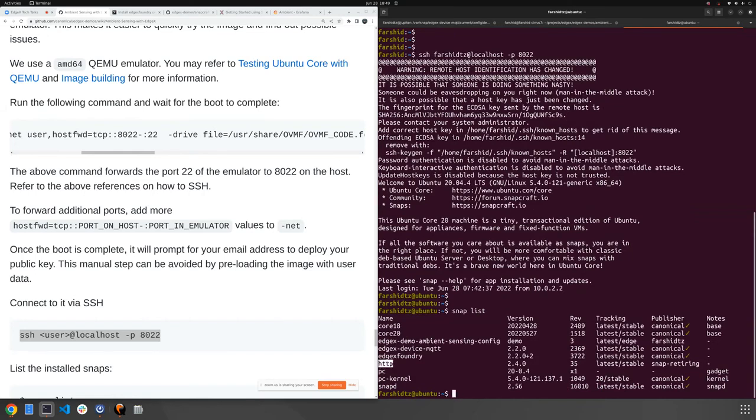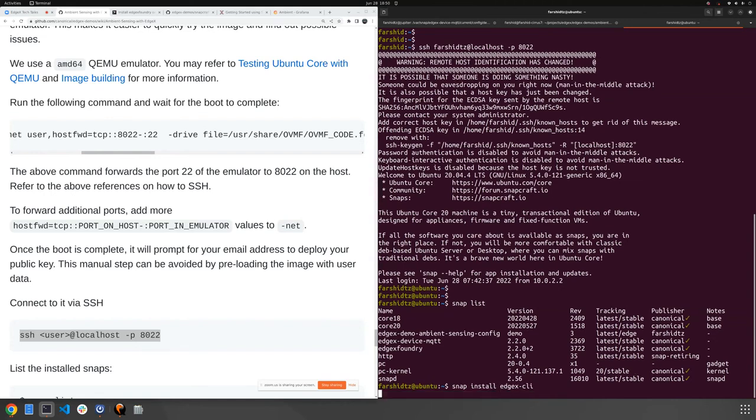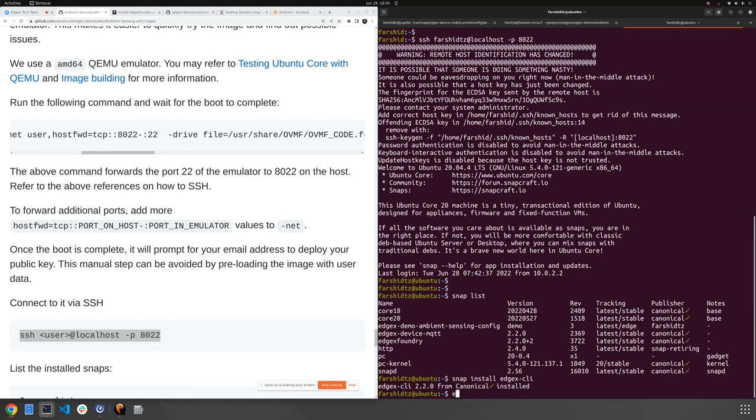Except that I also have an HTTP tool, which I installed for the sake of debugging. I can also install anything else I want. For example, I can install EdgeX CLI, which doesn't come from the OS image, and it shouldn't. But now I'm trying to do some debugging, so I install it, and I can just query